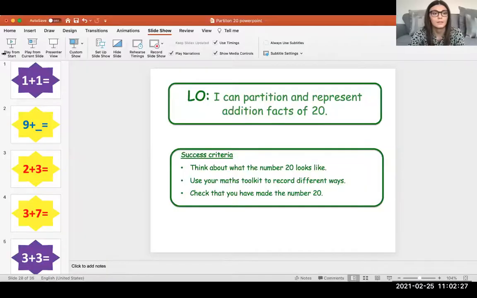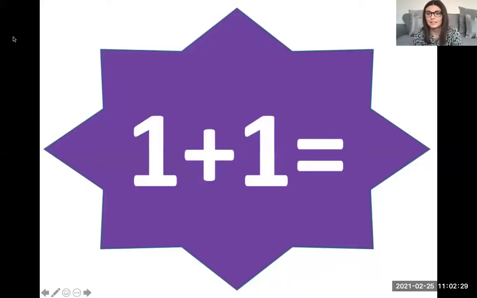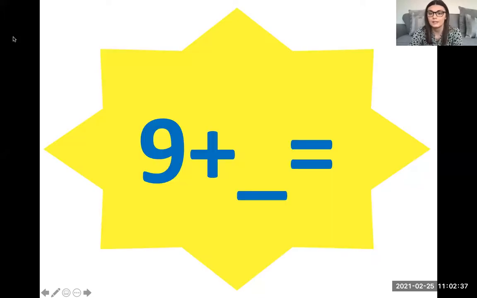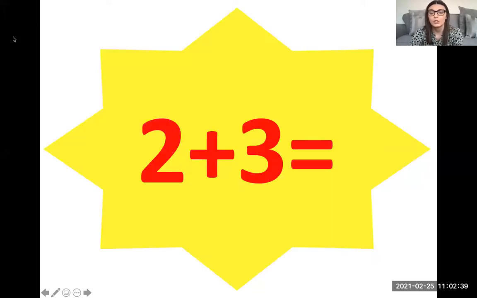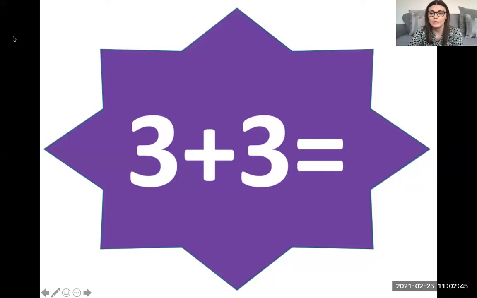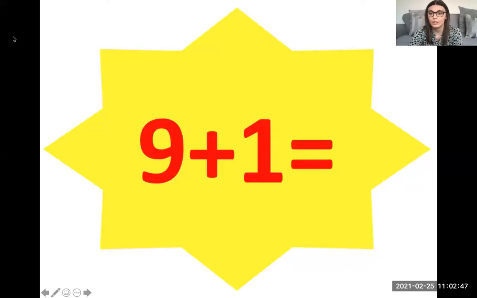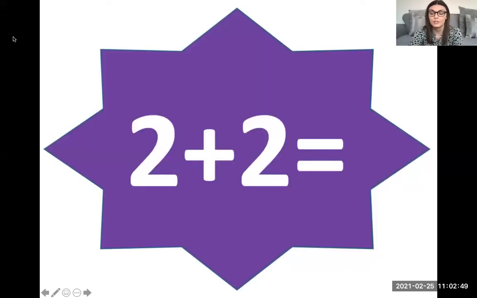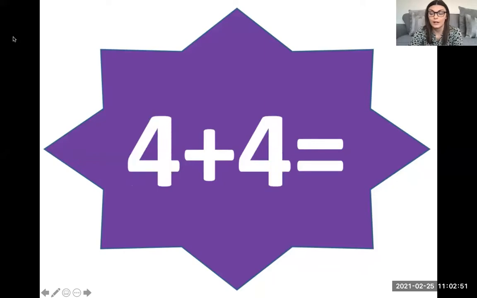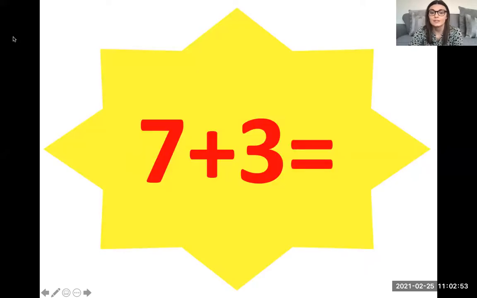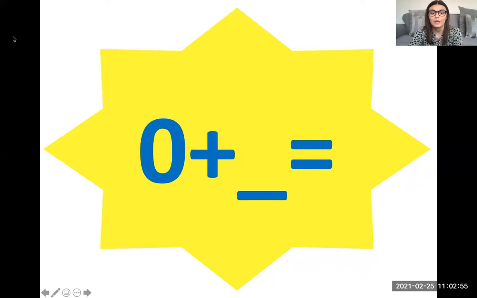Learn Its. Can everybody see that at home? I hope so. Thumbs up if you can. Okay, so 1 add 1 equals, 9 add something equals, 2 add 3 equals, 3 add 7 equals, 3 add 3 equals, 9 add 1 equals, 2 add 2 equals, 4 add 4 equals, 7 add 3 equals, 0 add